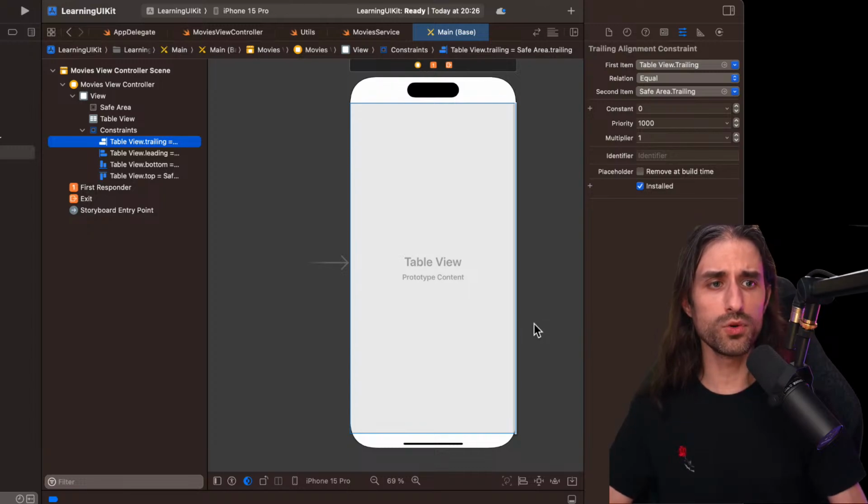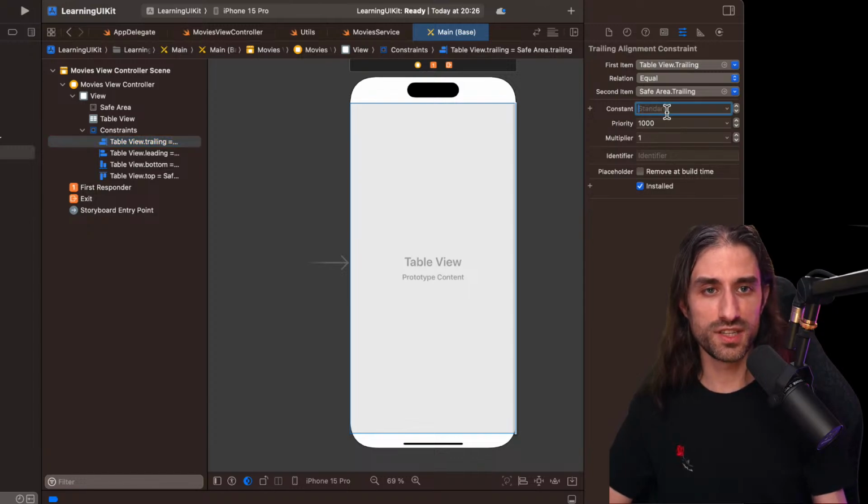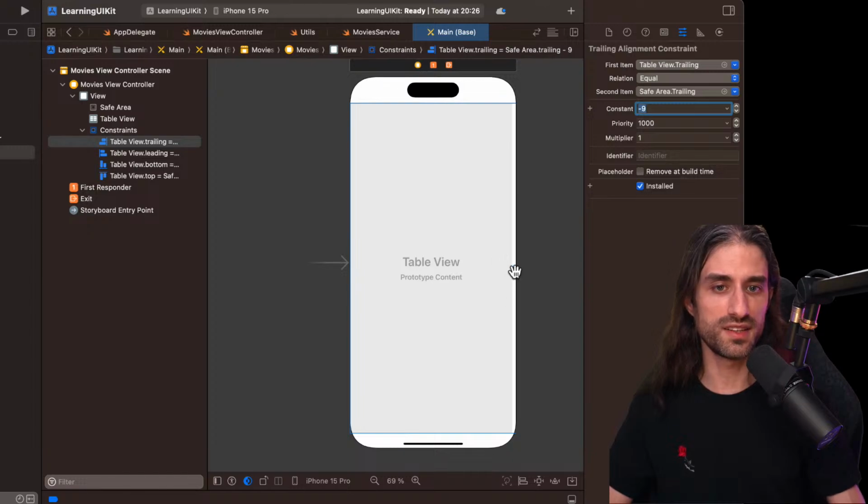So constraints, I won't go into too much detail about them because, as I was saying, you could spend hours talking about how they work. You can see that there are ways to customize them. For instance, I could say that I want a constant of -8, and if I do that, you can see that it adds a little space between the end of the table view and the end of the safe area.